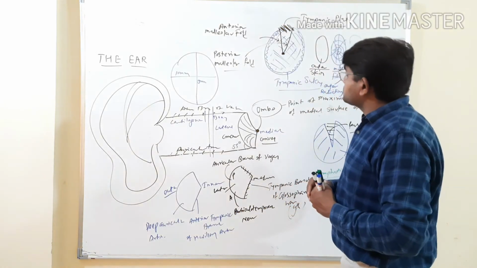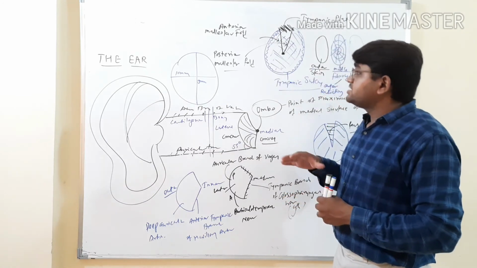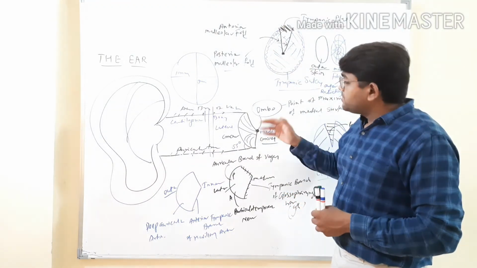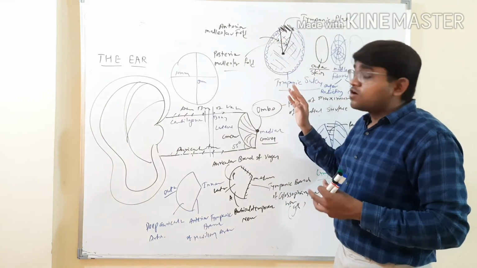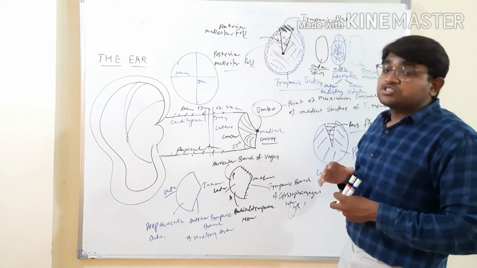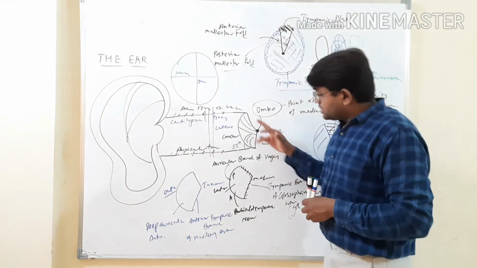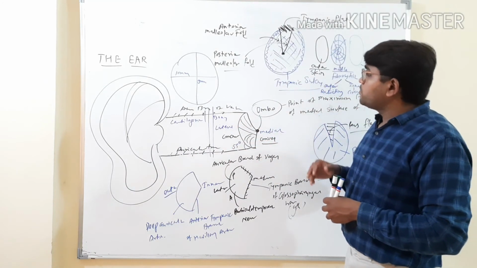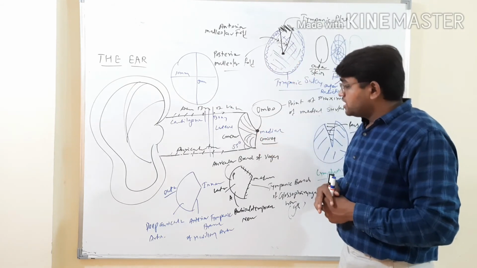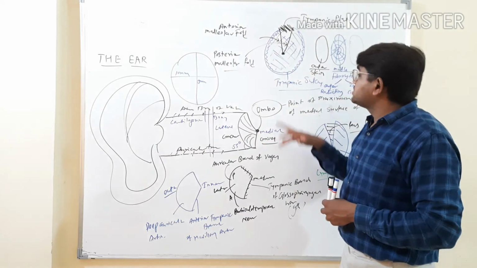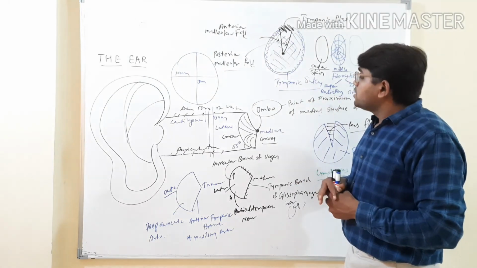Then what is the tympanic sulcus? The meatus is deficient from the superior side, which means the meatus in cut section is C in shape, and the deficit of the C is filled by the squamous temporal bone, known as the tympanic plate. In this temporal bone there is a sulcus for the lodging of the tympanic membrane. This sulcus is known as the tympanic sulcus, and in it the tympanic membrane is lodged.